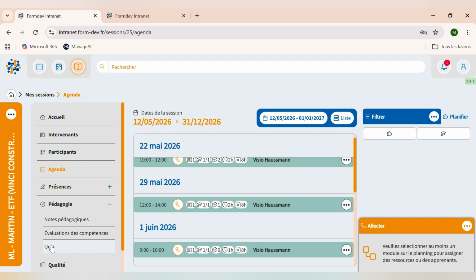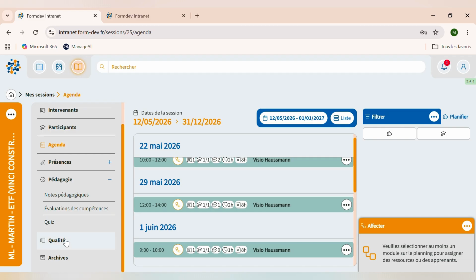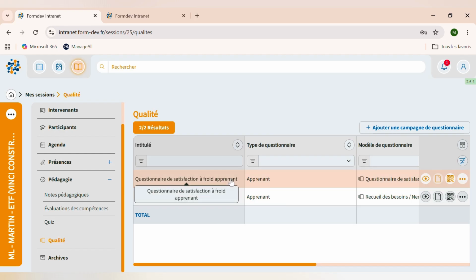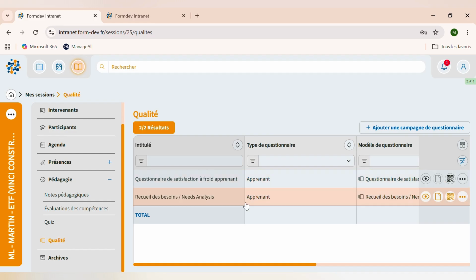Look at the quiz, which is the equivalent of the written test, and we'll go into the details of that shortly. And look also at quality. So in the quality menu, we're going to have all the questionnaires that will be sent to the learner for which they will be able to respond, and will be able to view their responses here, but also the needs analysis. Okay, so if they've completed a needs analysis, we will find that here, and we'll look at the